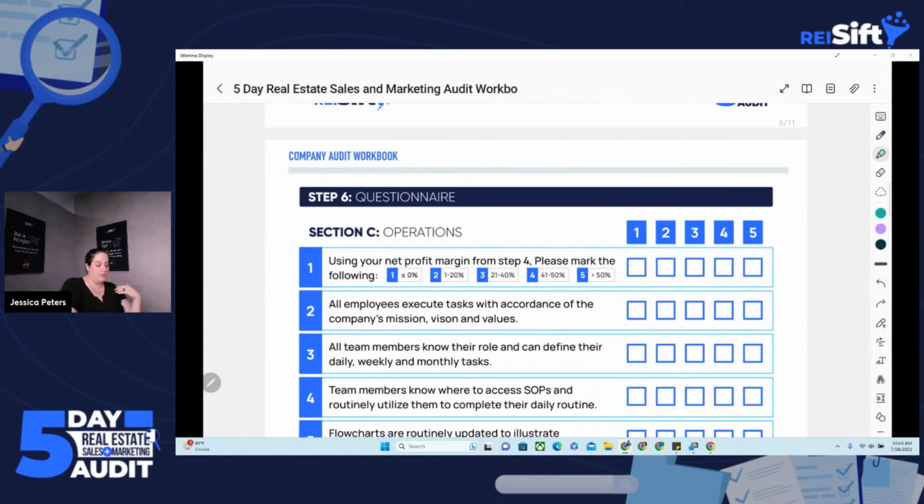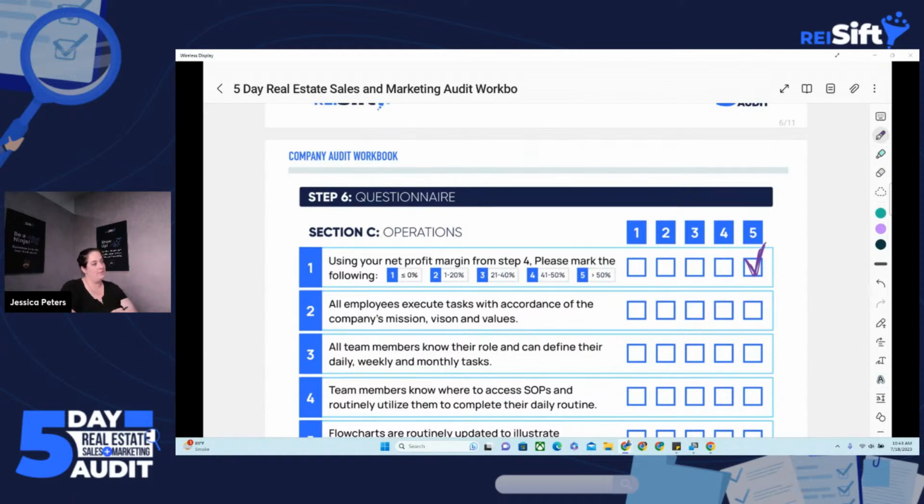If you've never closed the deal yet because you're brand new, totally fine. You're going to check box 1 because you're less than 0% profit margin. And then appropriately 1 through 20, check box 2, 21 through 43. So you're going to check mark the